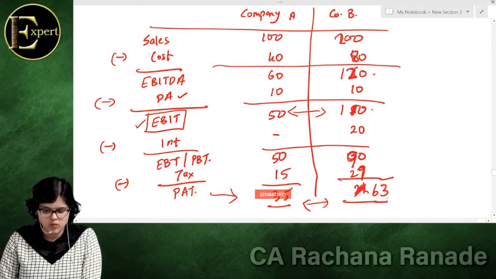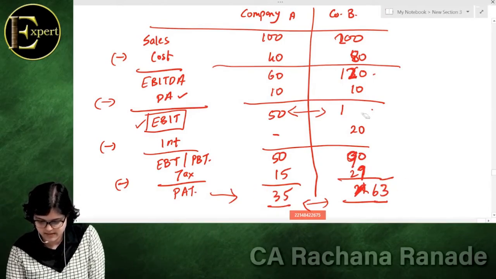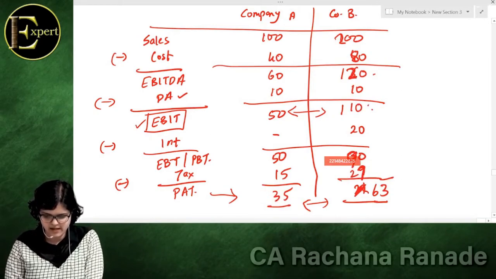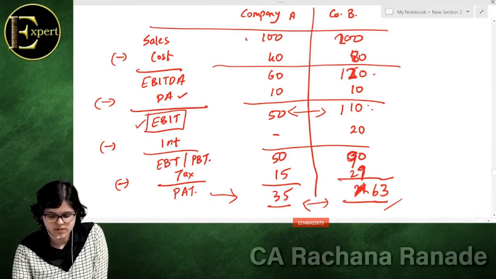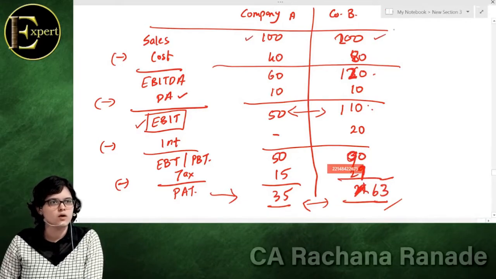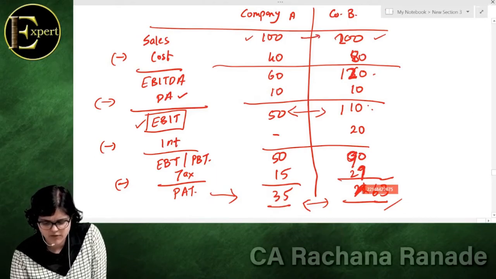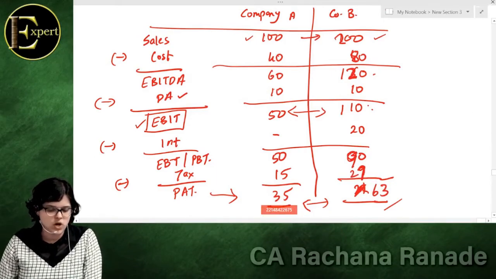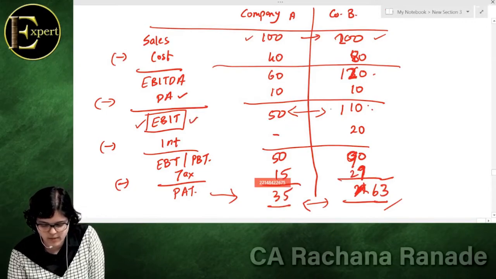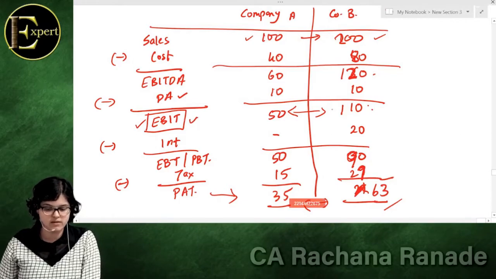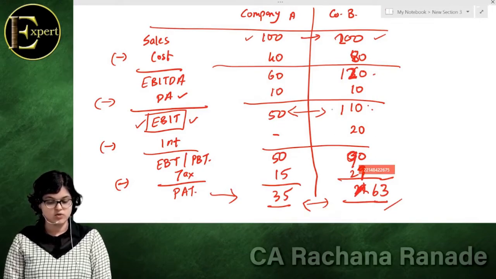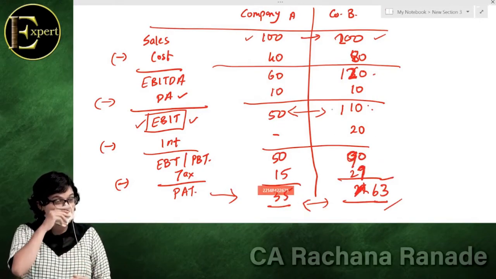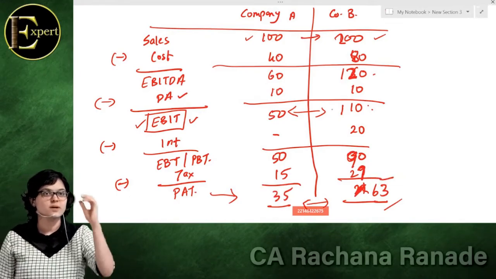Okay. Now what you might understand is that, technically speaking, you might say that this is doing better than A. But don't compare directly, na? Because your turnover is how much? 100. Your turnover is 200. So it's a direct double of this. Correct? So ideally EBIT should have been double of this. In our example it should have been 100. And what is the number? 110. Na? Number is 110.